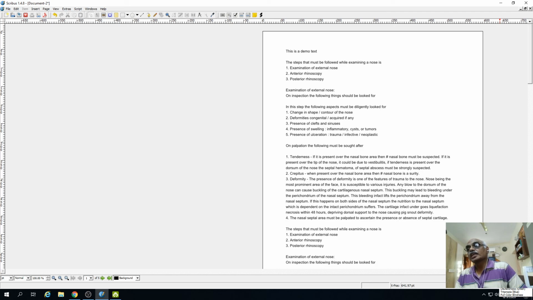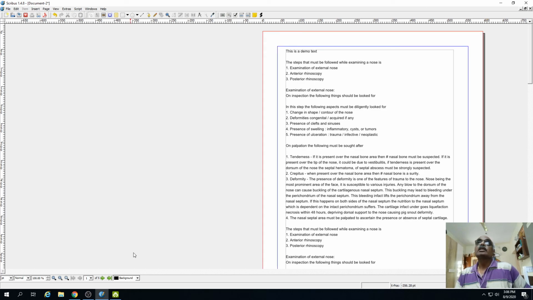If someone has color blindness, you can choose this one, full color blindness. This will reveal the page as that person will see it. The moment I click the eye, this becomes a normal layout window.